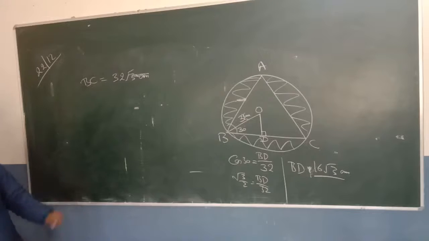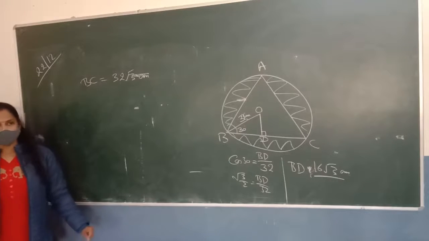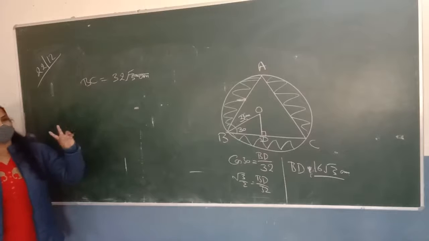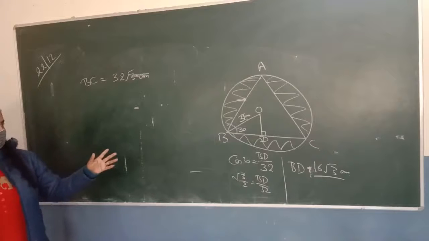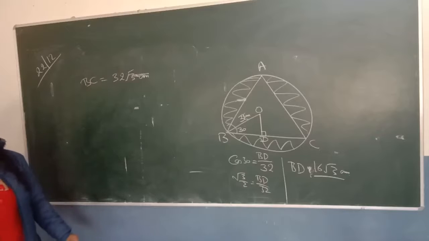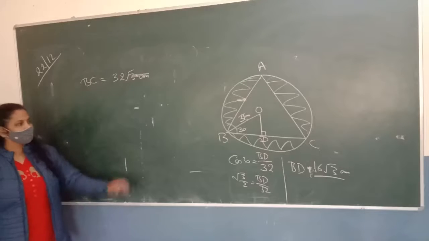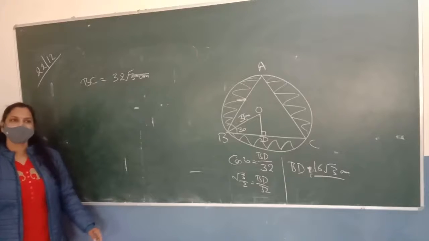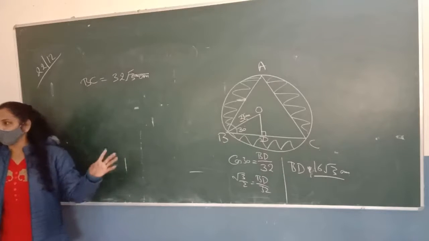How can you find the area of the design now? Minus. What minus? The area of the circle minus the area of triangle ABC. Yes. We can subtract the area of the triangle from the circle. What is the area of the circle? Area of the circle is pi r square. You know the radius is 32 centimeter. And the area of the triangle is, this is an equilateral triangle, root 3 by 4 into side square. So by subtracting the area of the triangle from the circle, we can find the area of the design.